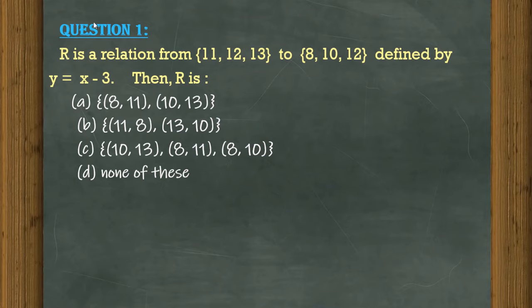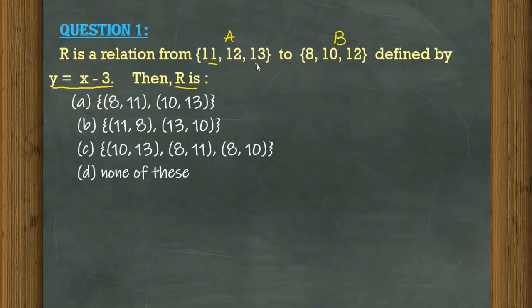R is a relation from 11, 12, 13. That is our first set. 11, 12 and 13 to 8, 10 and 12. That is another set. We can define this set A and this as set B. And the relation is defined as y is equal to x minus 3. Then R is